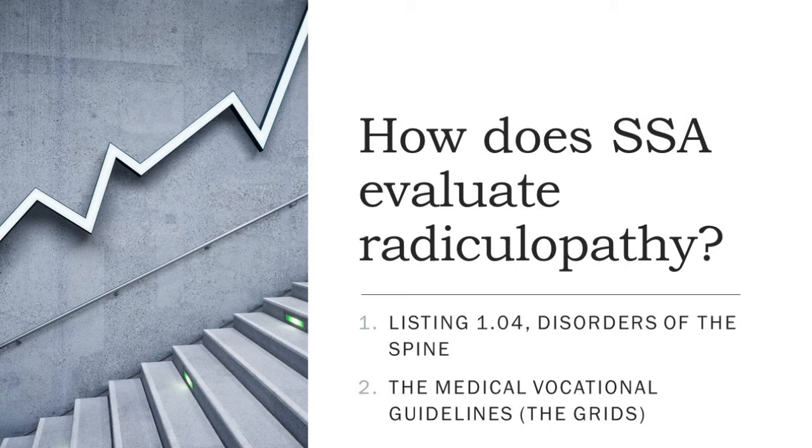Listing 1.04 requires a compromise of a nerve root and evidence of pain, limitation of motion, motor loss, arachnoiditis, or pseudoclaudication. As I have discussed in this article, arachnoiditis and pseudoclaudication are not symptoms that I have seen abundantly in my practice, but I have definitely seen severe cases of